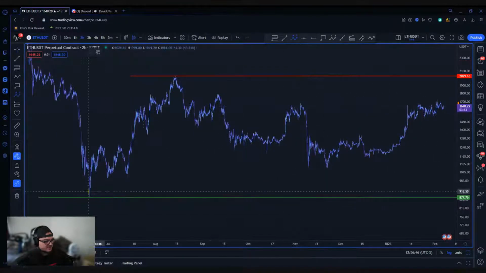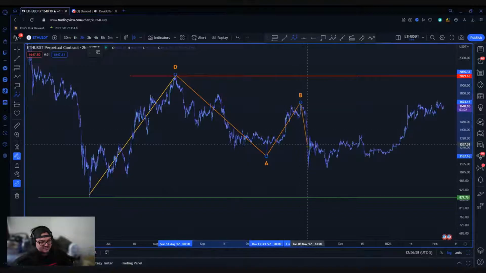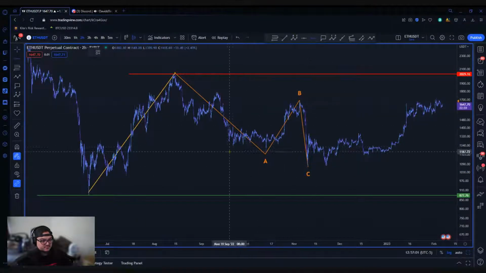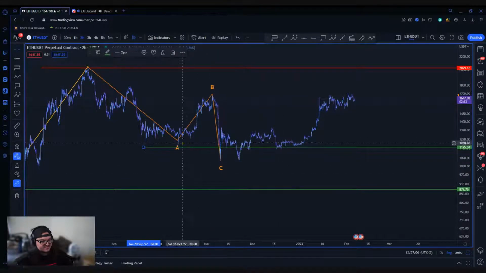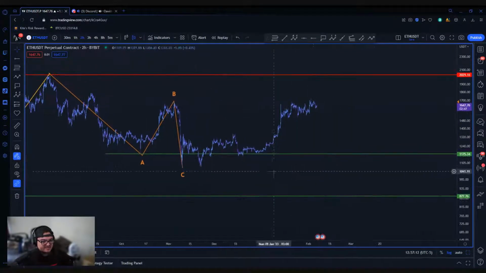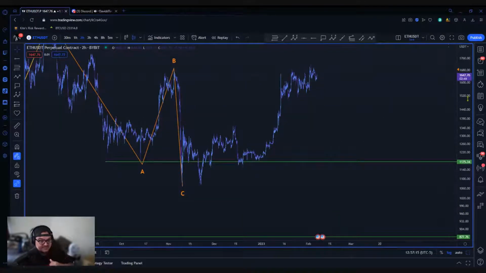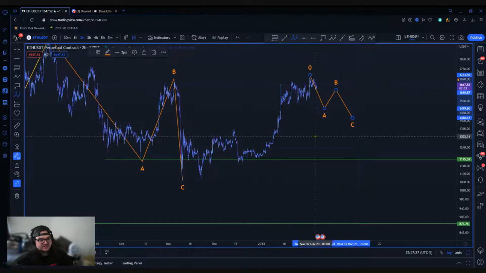But let's go over this area of price action here. Now, if this is going to be a larger A, and we're working on a B to a C, this looks like a larger ABC here. The pivot of that setup is going to be around 1175, 1178. So at the moment, I'm still holding a long setup from here, in kind of the same situation as with BTC. I'm in a good position. I don't really plan on giving up this position until we have a larger ABC pivot to show me that price wants to bottom out.